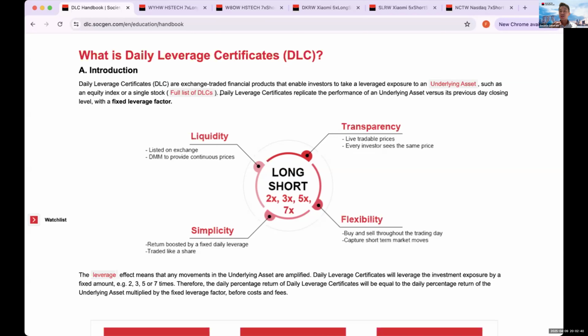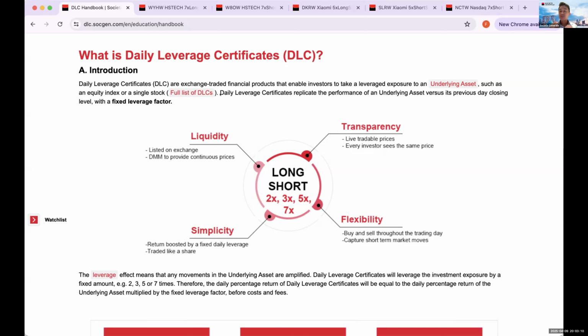All right. So this is a fixed leverage instrument, very much similar to your leveraged and inverse ETFs. Those of you who are familiar with the TQQQ or the SQQQ in the US, the ProShares Ultra Nasdaq 3 times long and short ETFs, the DLCs have exactly the same kind of payoff as the TQQQ or SQQQ. Just that we are in a certificate structure and not a fund structure. Therefore, we can go higher in terms of leverage. We go up to 3 times, 5 times or 7 times, whereas for leveraged and inverse ETFs, it's always around 2 times or 3 times maximum only.